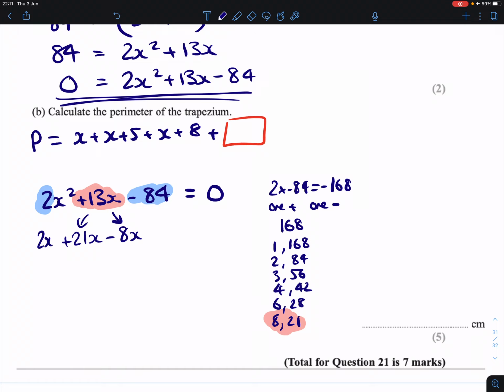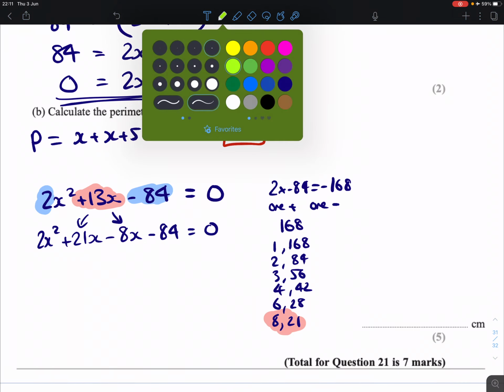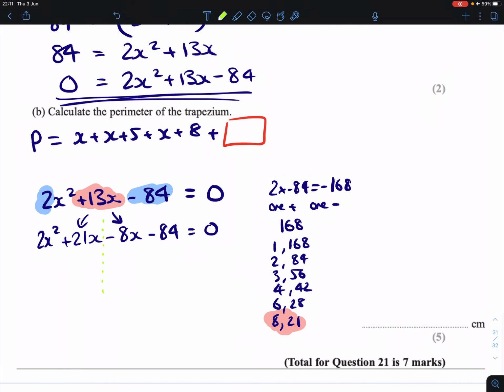We leave our 2x squared at the beginning. We have our minus 84 at the end. We then take the first 2 terms and factorize the highest common factor out, which will be x, because nothing's in common between 2 and 21. That will leave us with this in the brackets. 2x plus 21 then will need to be what's left in the brackets after we take a highest common factor